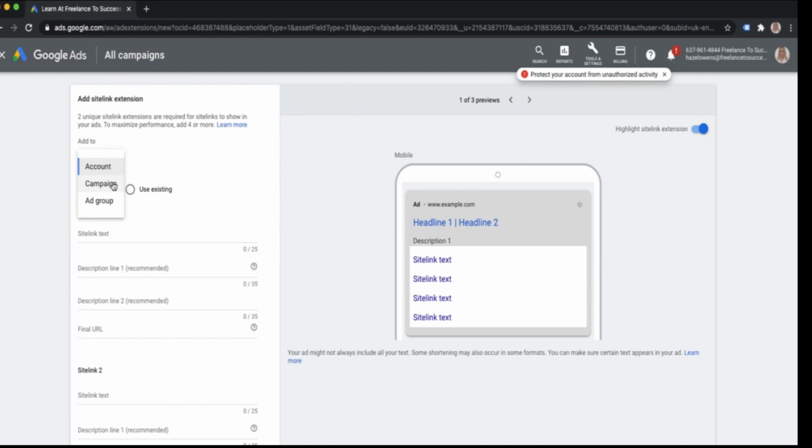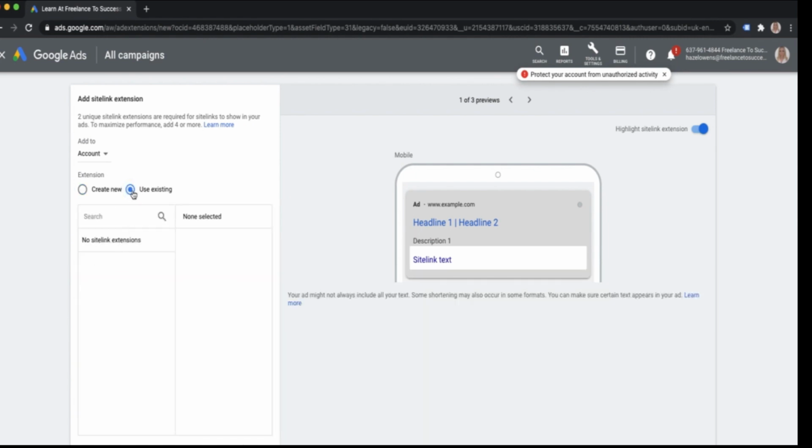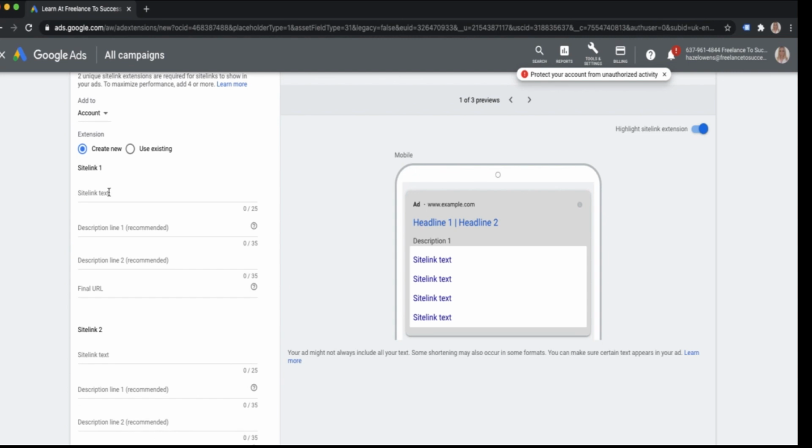So for this example, we're going to do account level just to make it really easy. And you've got the create new or use existing option. So use existing option will show when you have created site links previously. You can then go in and add a site link to other campaigns, etc. So after today, once you've created new site links, if you were then to go into a campaign later down the line, you can come in here and apply a site link to that campaign by clicking the use existing option. So today we're going to click the create new,